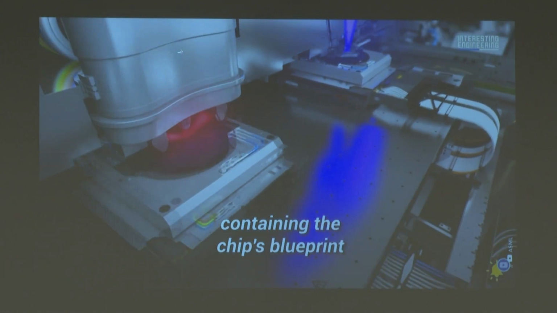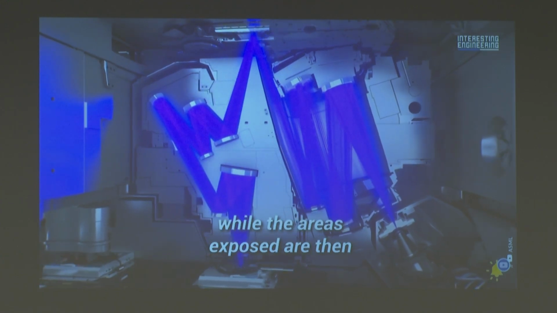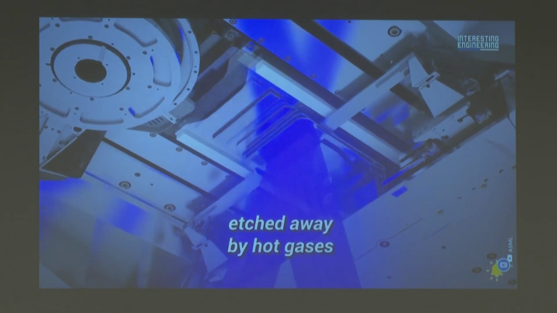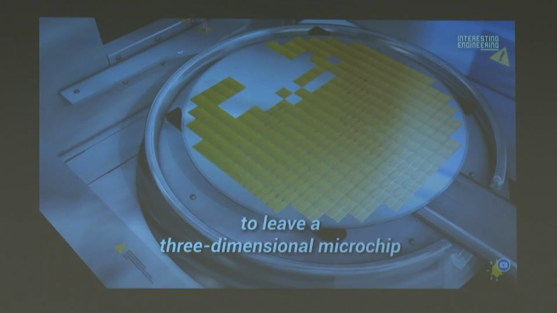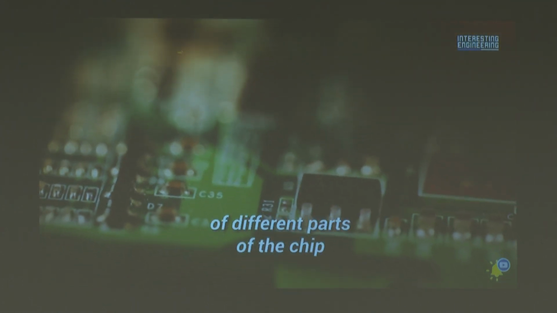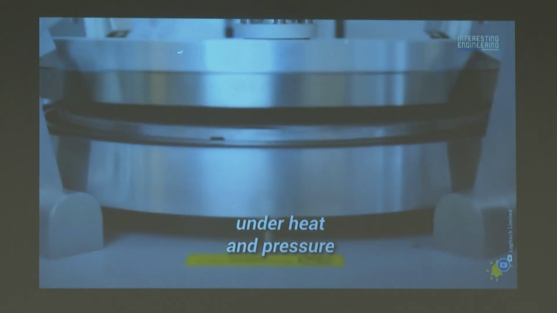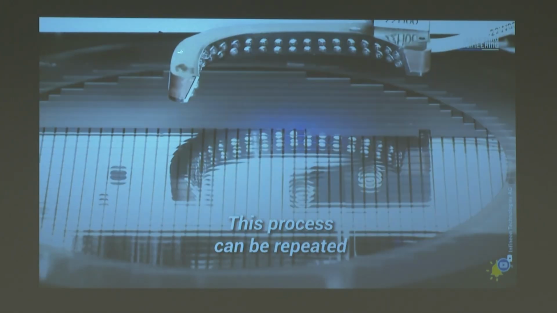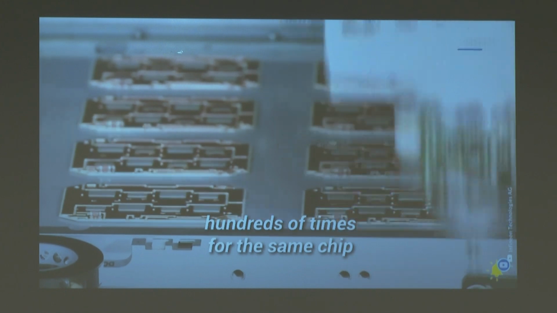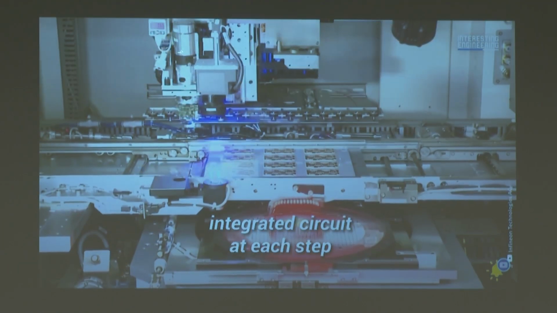chip's blueprint. The areas exposed to light are hardened, while unexposed areas are then etched away by hot gases to leave a three-dimensional microchip. The electrical conductivity of different parts of the chip can also be altered by doping them with chemicals under heat and pressure. This process can be repeated hundreds of times for the same chip, producing a more complex integrated circuit at each